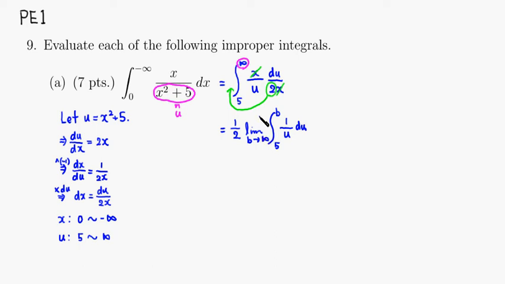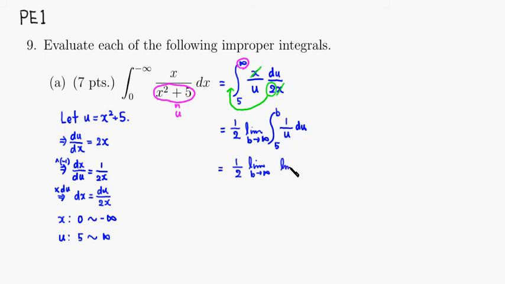Then we can find the antiderivative. This is equal to 1/2 times the limit as b approaches positive infinity. The antiderivative of 1 over u